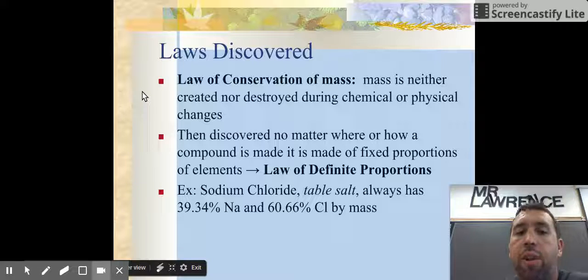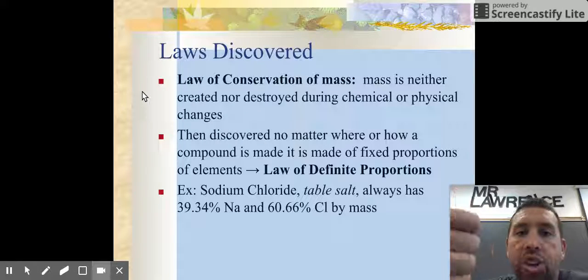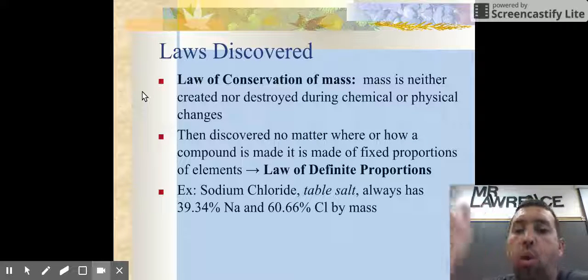So let's think about the law of conservation of mass. This is very similar to the law in thermodynamics that says energy is never created nor destroyed. Well, in chemistry, we say mass is never created nor destroyed. So basically what that means is no human has ever created anything. Take a desk, and you might say, well, someone created that desk. No, that's incorrect. No human truly created a desk. All they did was take the wood and change its shape, took the metal and transformed it, and put together some other atoms to make the plastic, to mold it. And so they already took what was around them and created the desk.